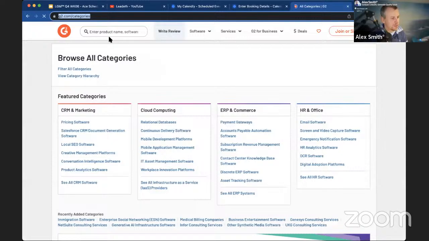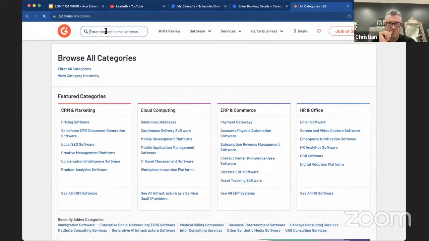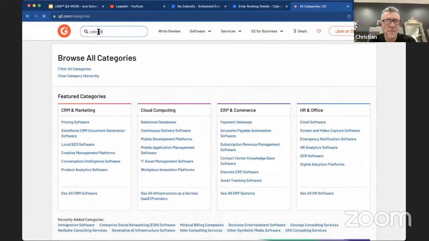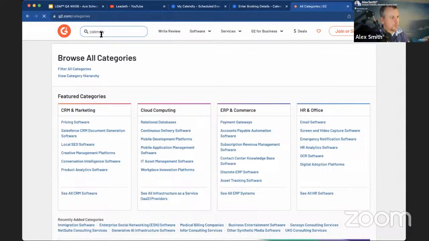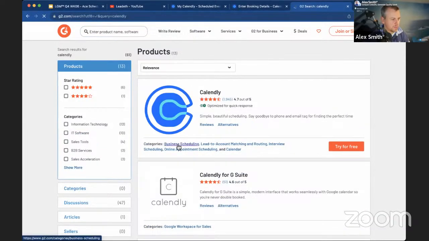So yeah, we're just talking about this G2 website for comparing software tools if you're in the market for scheduling software. We've just done a quick demo of the Calendly tool, and I just wanted to show you some of the big players to look for. So here we go. Under the categories, you've got business scheduling, online appointment scheduling as a category. Normally, when you click on those categories, that's when you get to see all the other tools that are in this